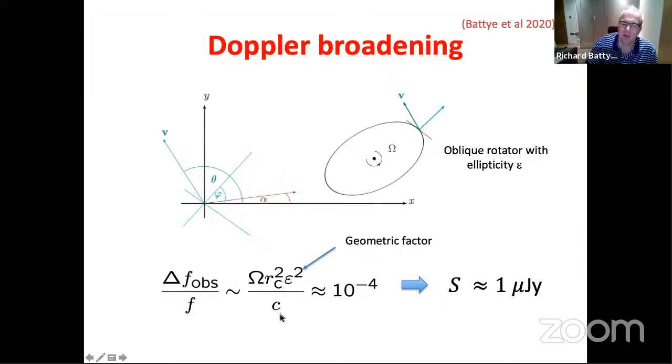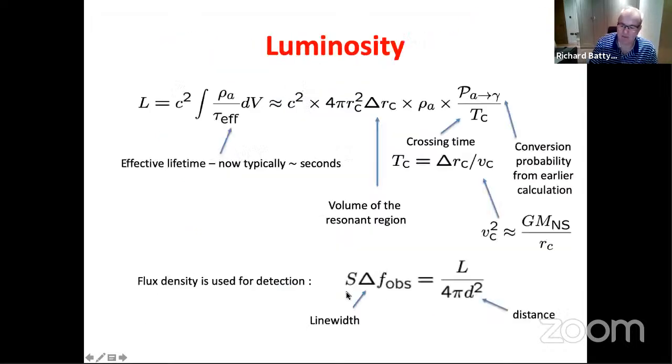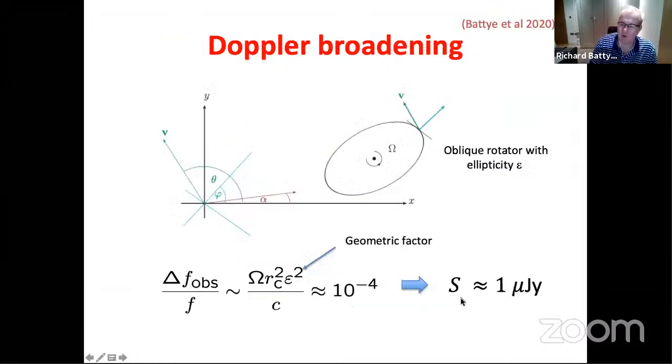epsilon squared divided by C. And if you work out what that is, it's 10 to the minus 4. So it's a much larger bandwidth. If you remember, this number is fixed by this calculation here, L over 4 pi d squared, for a given pulsar. Then you're dividing by a bigger number, and therefore you get a smaller flux density of the order 1 microjansky. So perhaps,